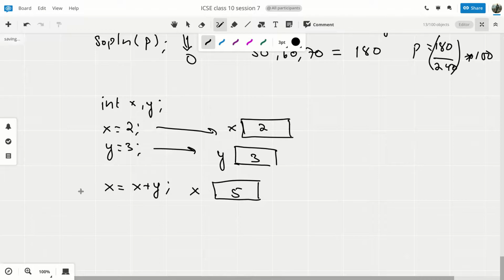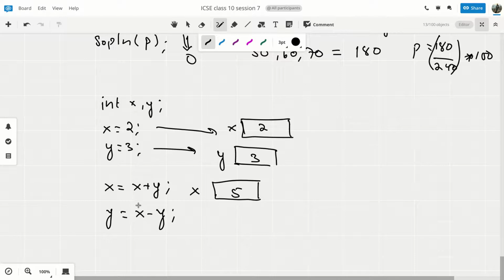When your program comes to this line, x has changed to 5, y is still 3. Next line, we are going to do y is equals to x minus y. Now see, what is the value of x minus y? What is the latest value of x? The latest value of x is that the memory location identified by x, or the variable labeled as x, has the value 5.